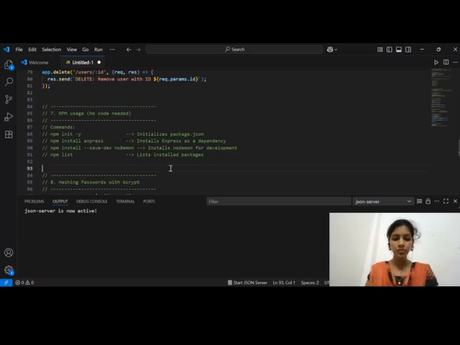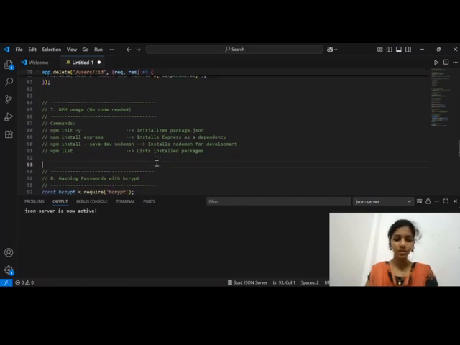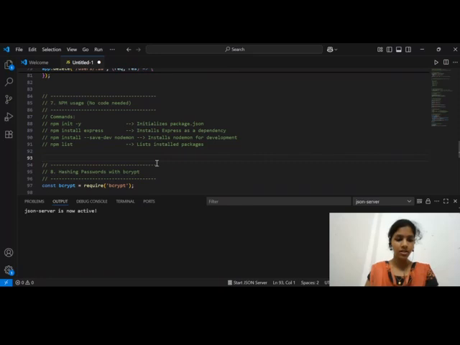This installs nodemon for development, and npm list lists installed packages. npm install saves packages inside node_modules and using nodemon during development for auto reload. And this is about the seventh question, NPM.